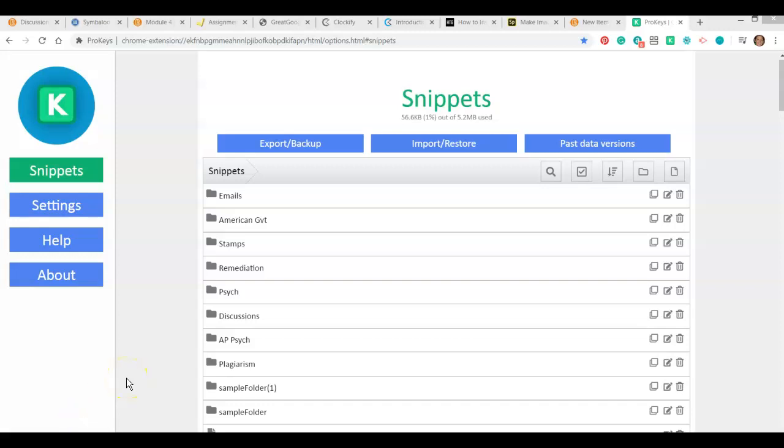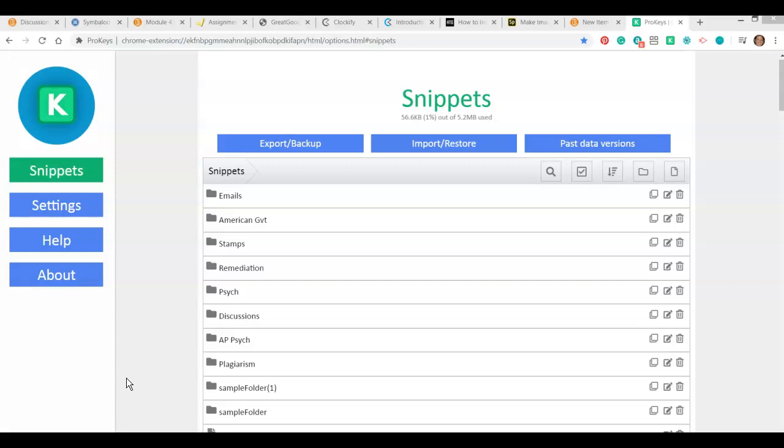Hi, in this video I wanted to share a couple of extensions that I already use and that have made my teaching really useful, and then I'll make another video to share some of the new ones I tried after working through the module. This first extension, and these are all Chrome extensions, is called ProKeys, and ProKeys is a